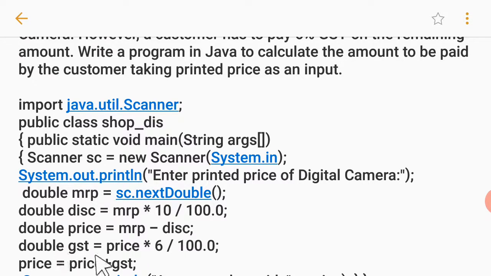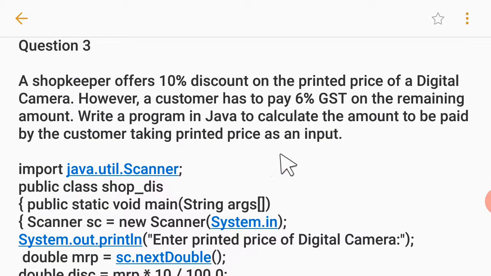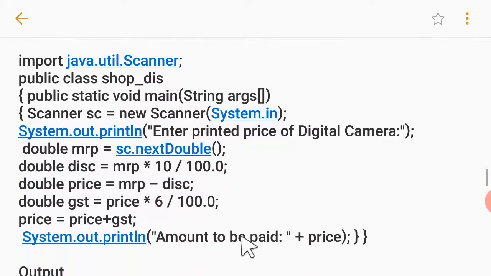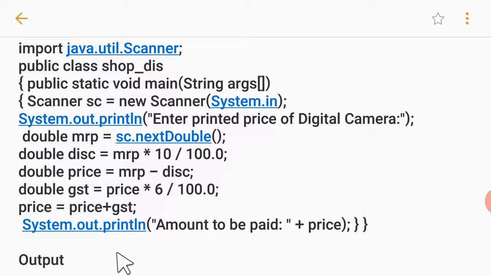Then double GST has been declared here, and at the same time it's being initialized, equal to price asterisk 6 divided by 100.0, because 6% GST was there. After that, price equal to price plus GST, we have to add GST to the price, and finally the amount to be paid will be printed.